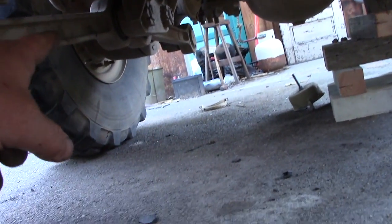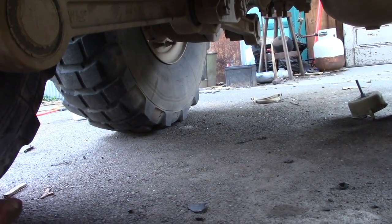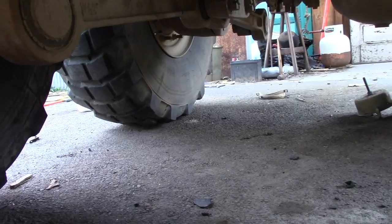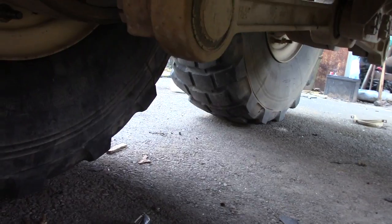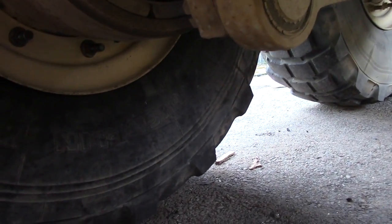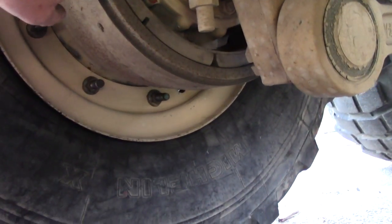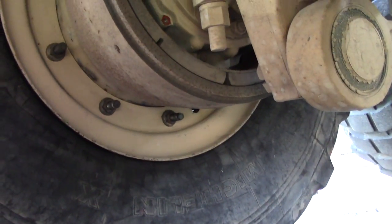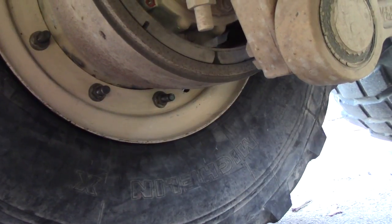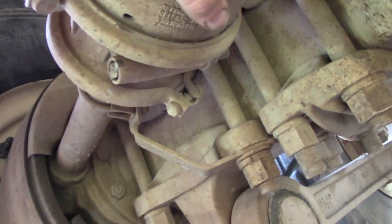So I think the next thing to do is let's go ahead and get that diaphragm in place so I can air up the truck. And it'll let me test that diaphragm anyways. Once I air up the truck, we can see what these things do when the air comes off. Find out if they don't move at all, or if they somehow, God forbid, open up this huge gap, and if this one is completely overextended somehow, which means it's put in wrong. But I suspect the spring's broken,